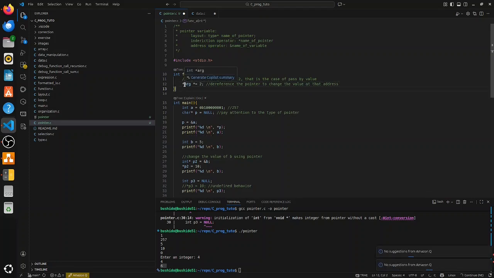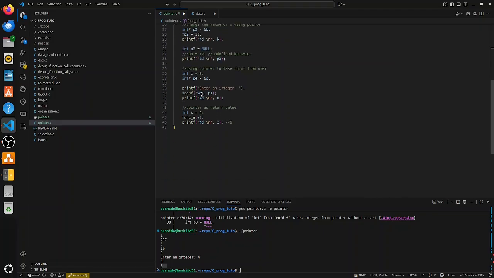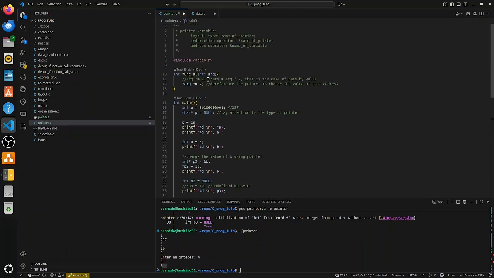Now, don't forget, when you want to change the content, the value of a variable with the pointer, you have to specify this star. Okay, it's an indirection operator. So I have updated the value of my variable. By calling this function, I have updated the content of x. That is the purpose of